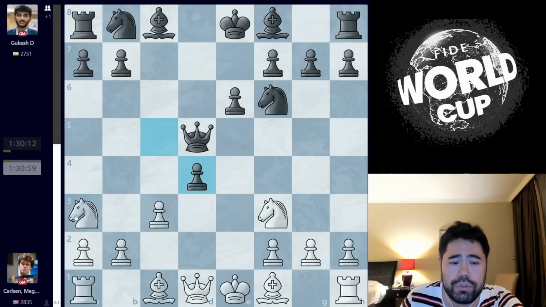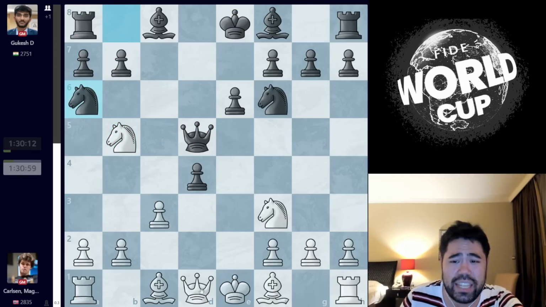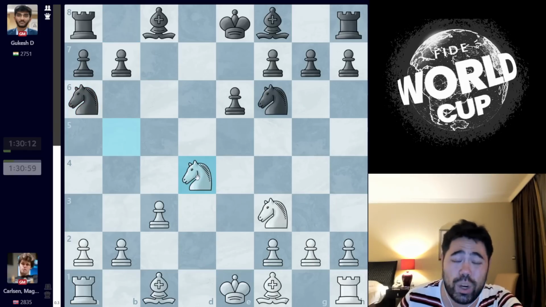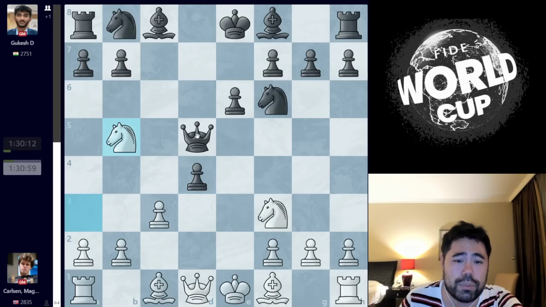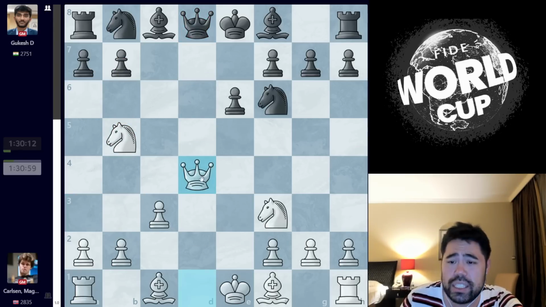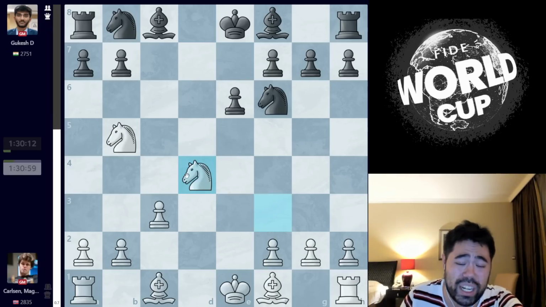If black takes on d4 after knight to b5, threatening the family fork with knight to c7 here, black either has to play knight to a6, after which queen takes d4, and knight takes d4 gives white a small advantage due to the knight being on the rim here, or black has to play a move like queen to d8, stopping knight c7. And once again, after queen takes d4, white should have no problems here. In fact, with queens coming off the board, I think white has a big advantage.